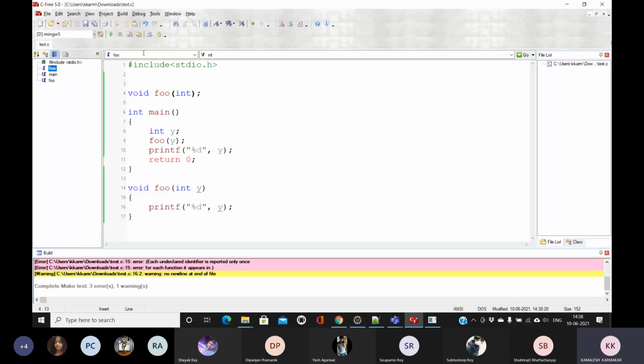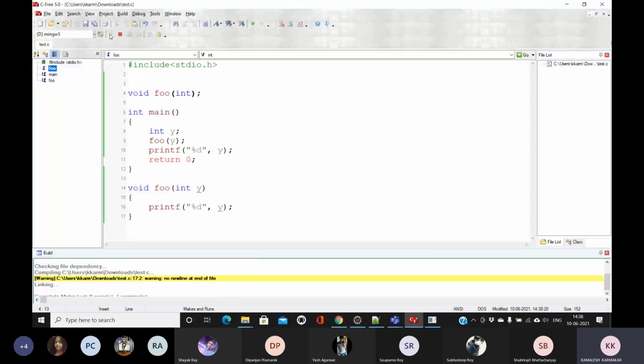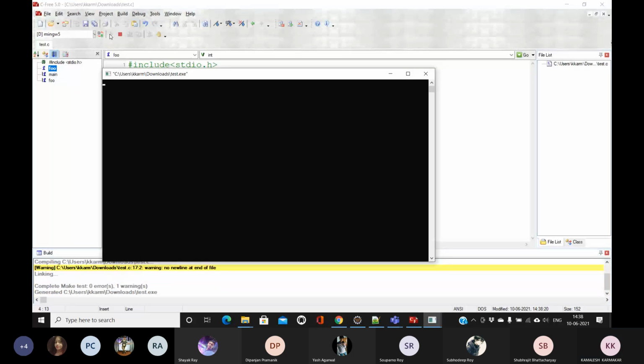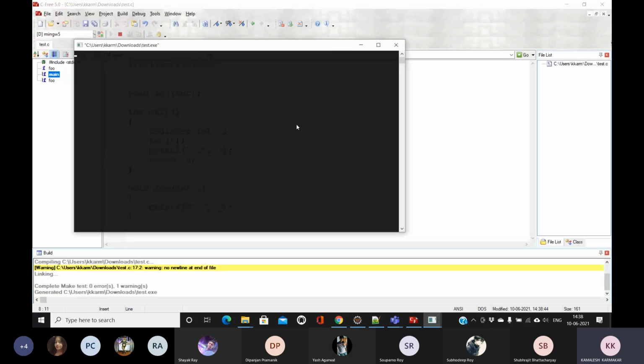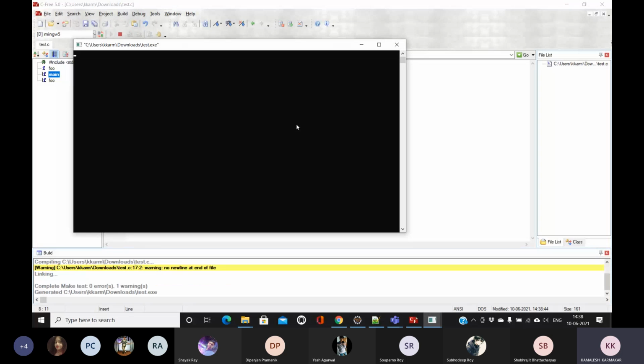Now there is another type of scope. So the scope is basically register. So the scope is register. So what does it mean? So basically the register variable is,